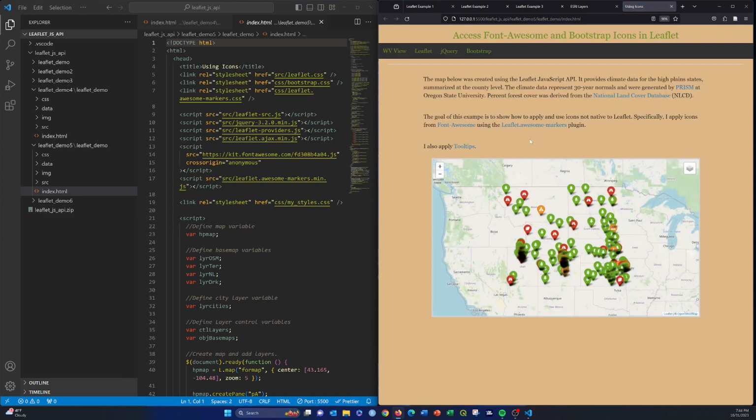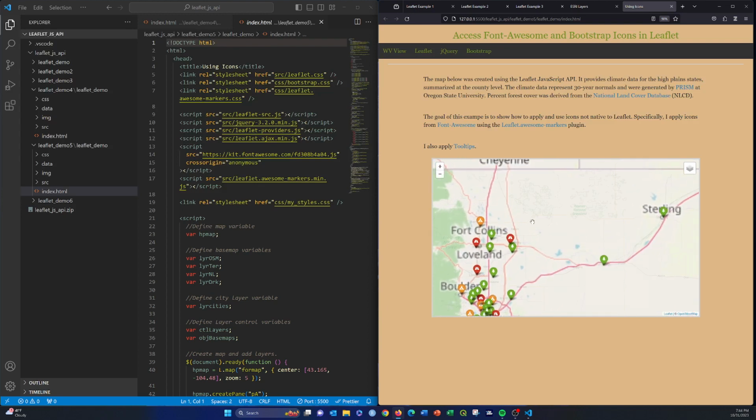The main point of this one is to show using different markers. These are markers I'm getting from Font Awesome. And then also I'm applying a tooltip here, which is basically just text. It's kind of like a simple pop-up. So anyway, these markers are coming from Font Awesome. So that's with this